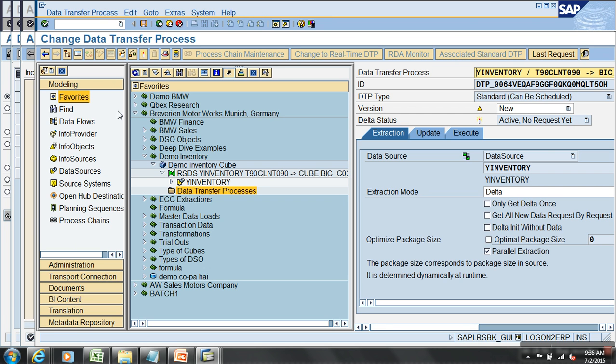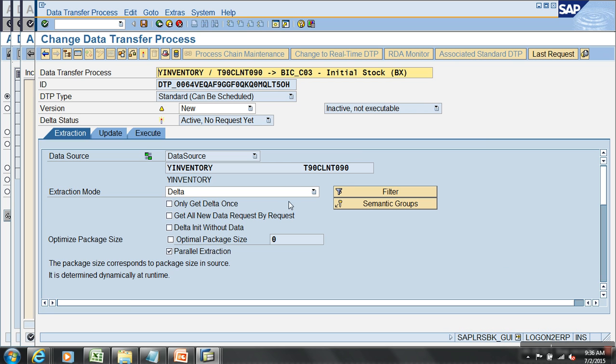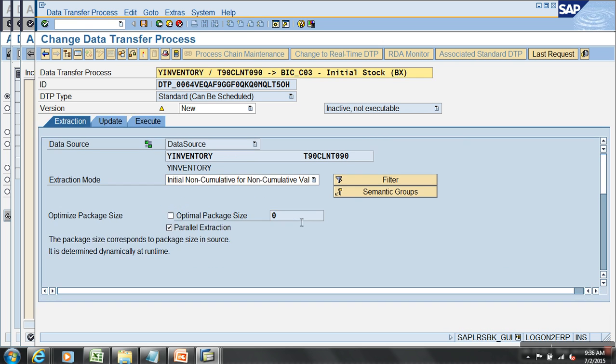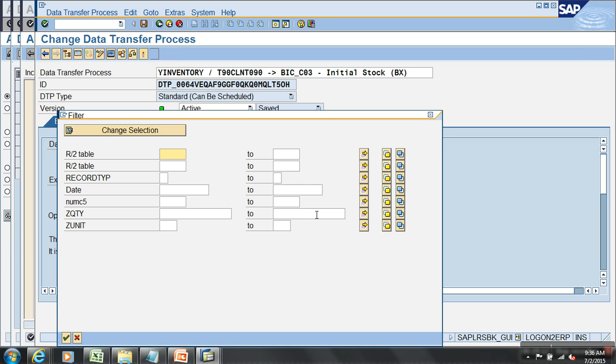DTP. So when you're loading initial stock, you will have this option. What is update mode? Initial non-cumulative for non-cumulative values here. And moreover, if I just leave it, will it take all the 9 records from the PSA? No, that is not what I want. Initially it should load only with I. So I'll say record type